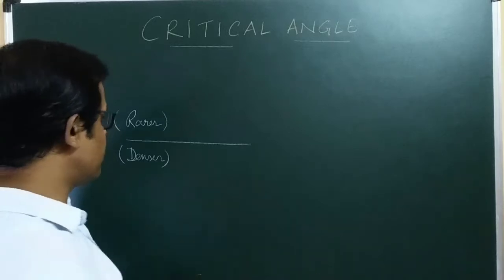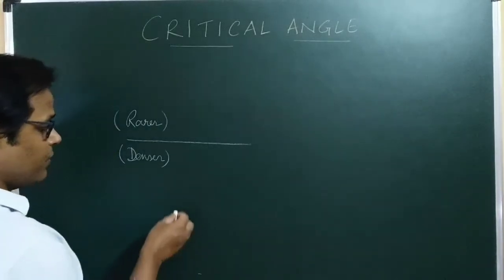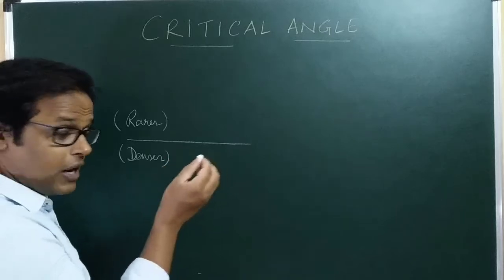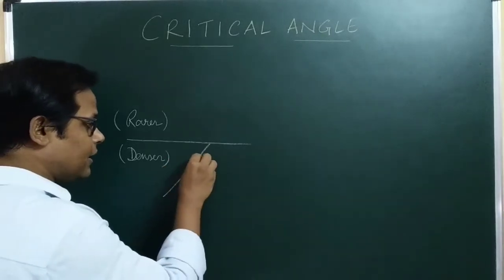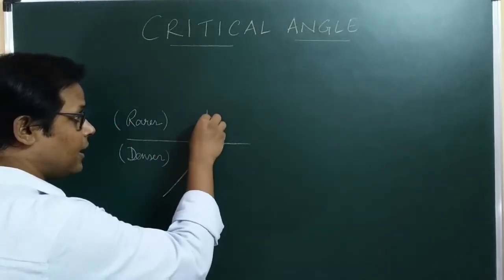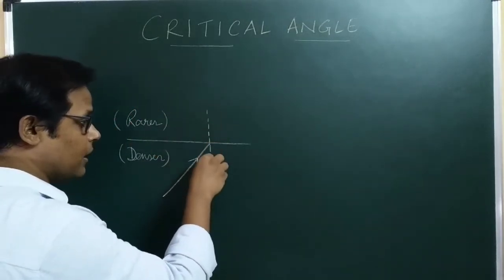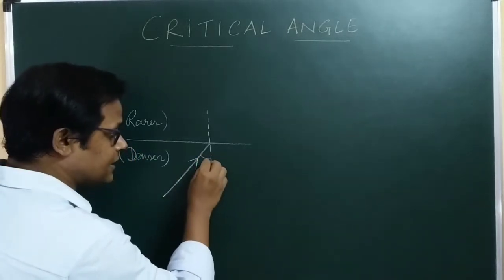First of all, I'd like to show you the original case, what we exactly know. If a ray of light travels obliquely from denser medium to the rarer medium, and this is our normal,